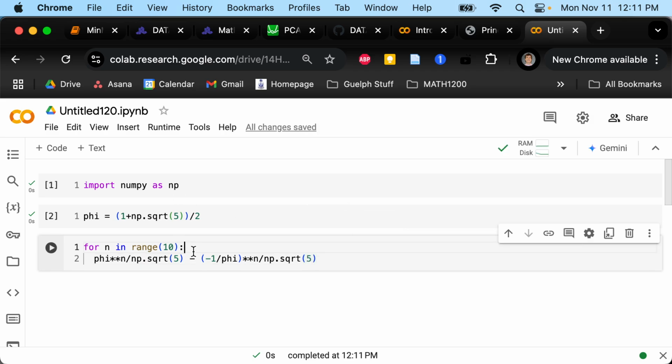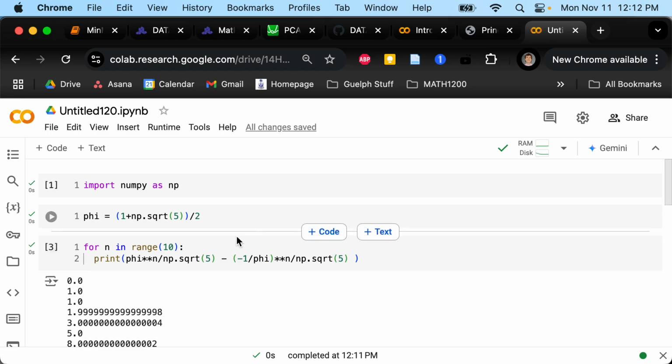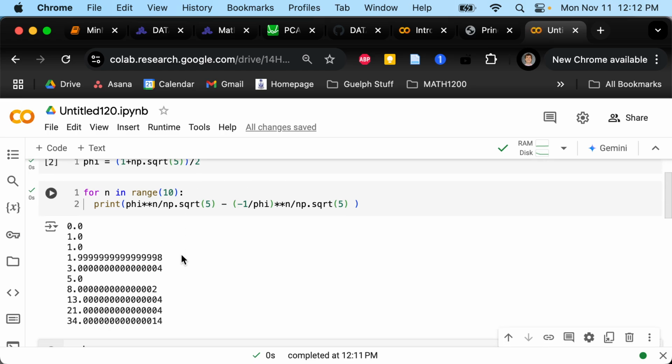So let's print this out and see if our formula works or if I made a mistake somewhere. Well, it'd be sad if I made a mistake. Okay, hold on. Okay, here we go. So this crazy formula with square root of 5s and this phi number gives you